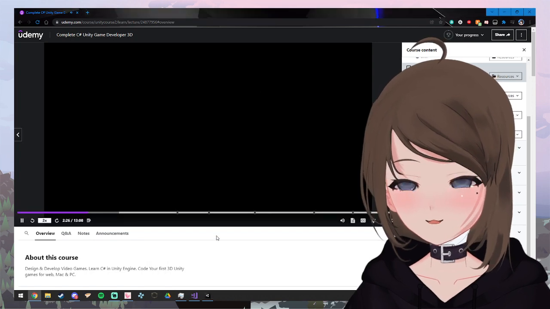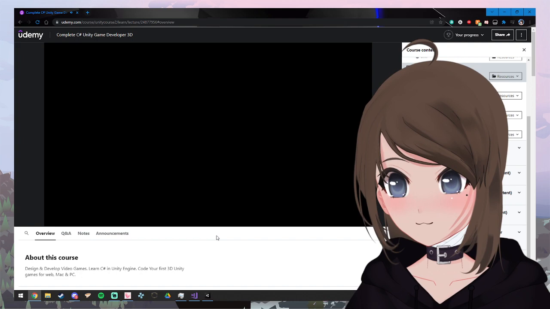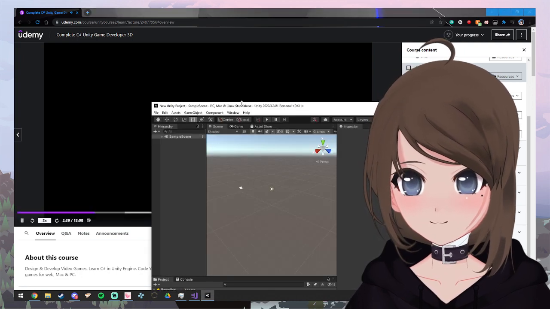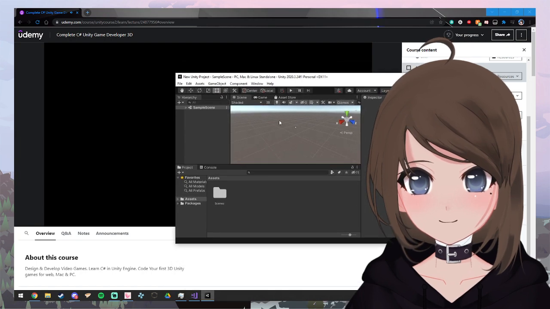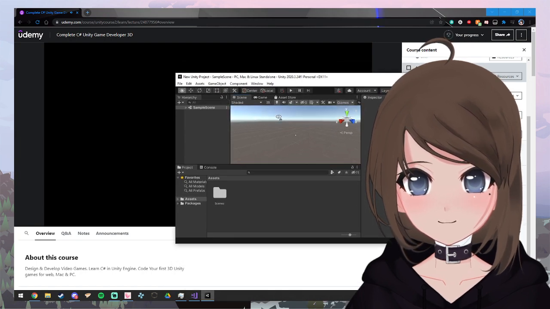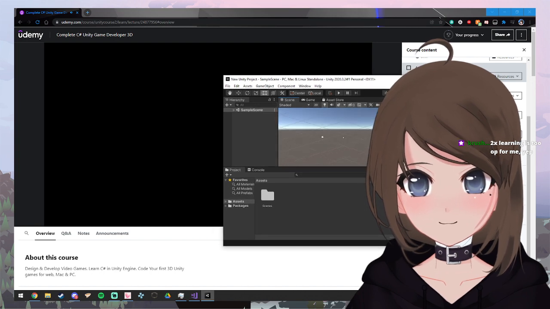Next bit. Areas I want to point out. On our left, hierarchy, that's where all our game objects will be shown. At the moment, we've got sample scene. If we open sample scene up, the little arrow selected next to it, you can see we've got two game objects at the moment, the main camera and the directional light. Now, when I click on these in the hierarchy, it highlights them within our scene. You can see this tab just here is scene, and we have our camera. Another thing you'll notice when we click on each of these is our inspector changes. The inspector is the place that gives us all the information about that particular game object, all the things that we can change, and all the components that are on that game object.